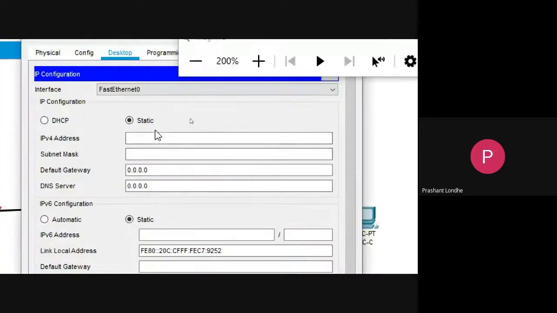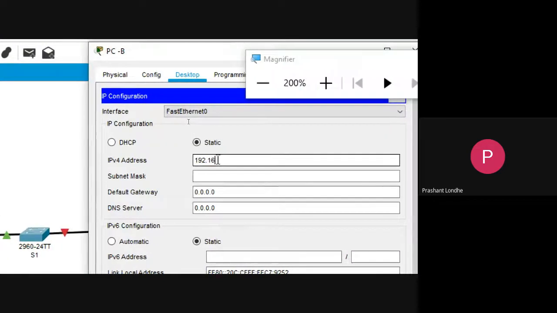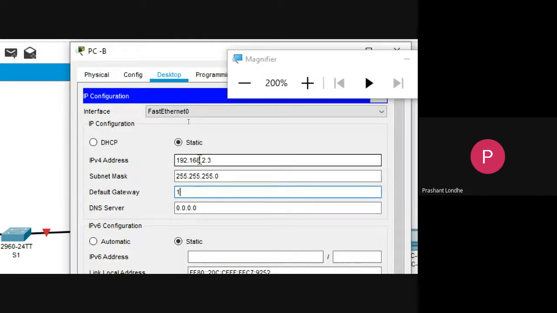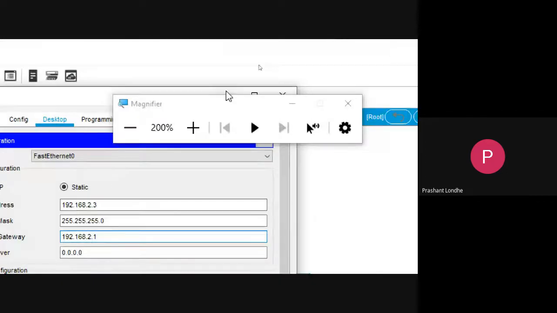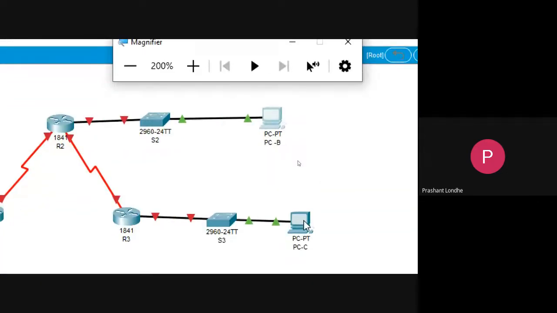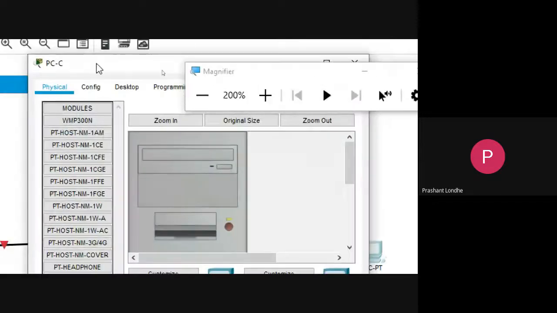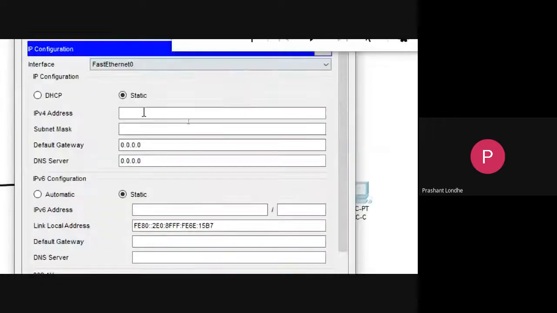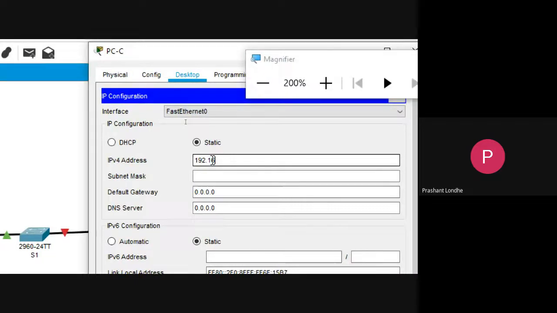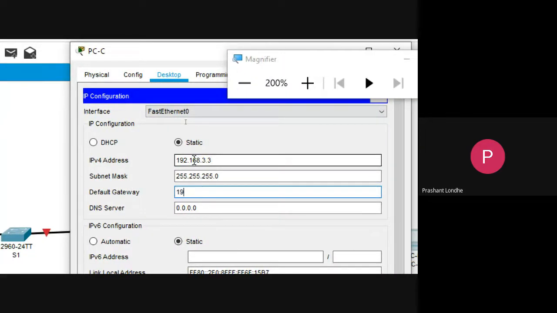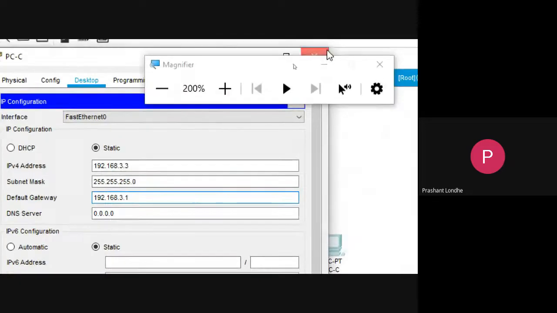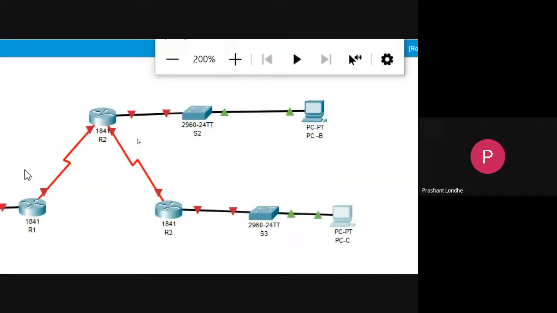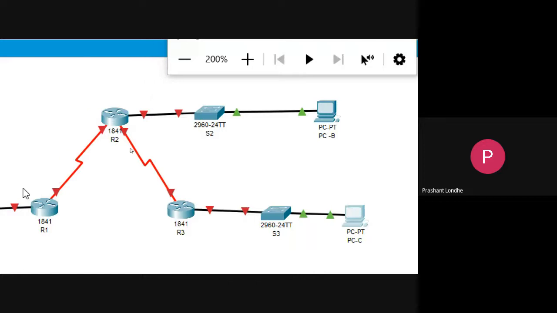So here I will set the IP address as 192.168.2.3 and the default gateway will be 192.168.2.1. Done for PCB, and for PCC it will be 3.3. Fine. So we have done setting the PCs' IP addresses.